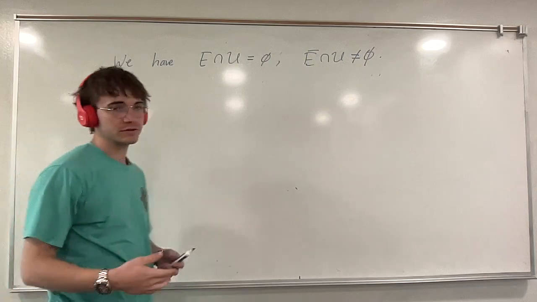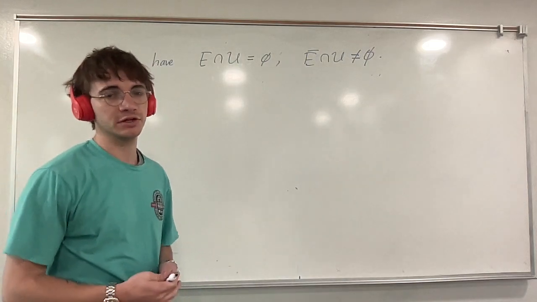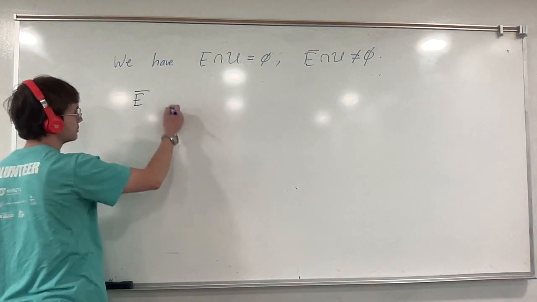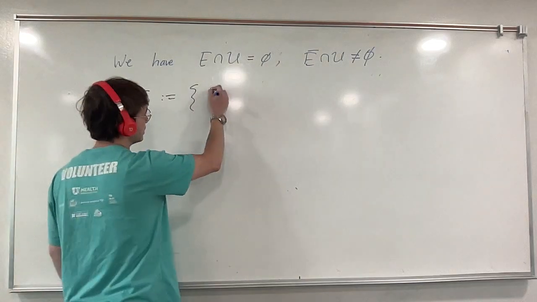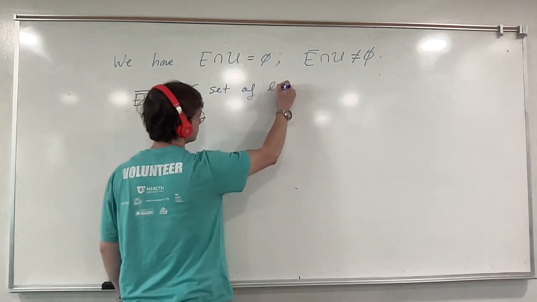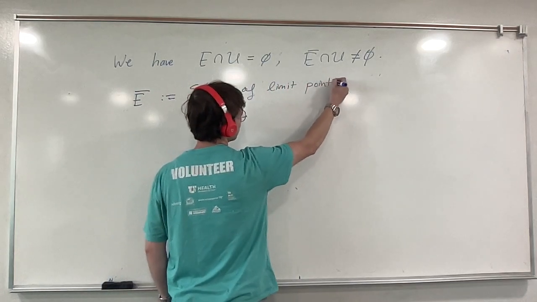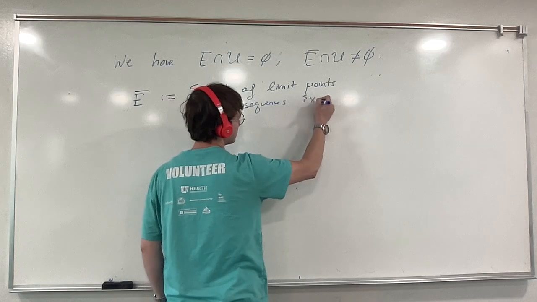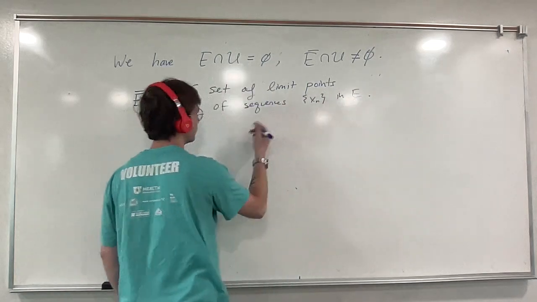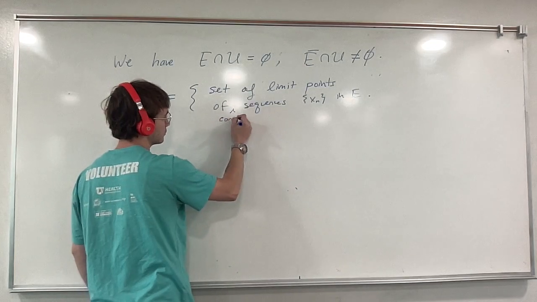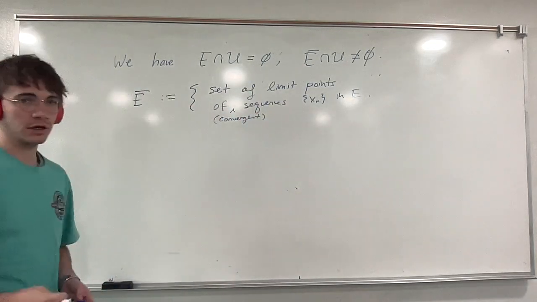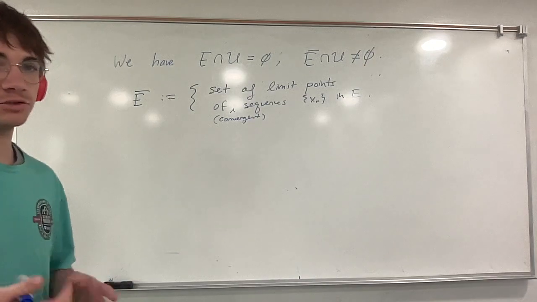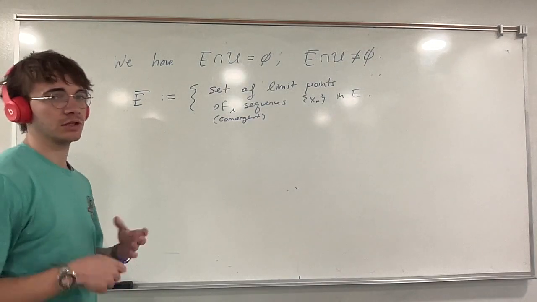Now the closure of a set is the smallest closed set which contains that set, but there's a sequential definition of the closure, which, if you recall, is the set of all limit points of sequences xn in E. Convergent sequences, we could say. So I take E, I take all of its points, and then I look at all of its limit points, and the closure is going to contain not only the set E itself, but the limit point of every